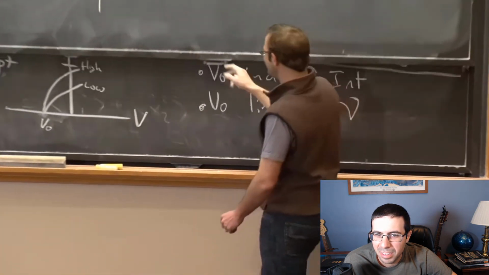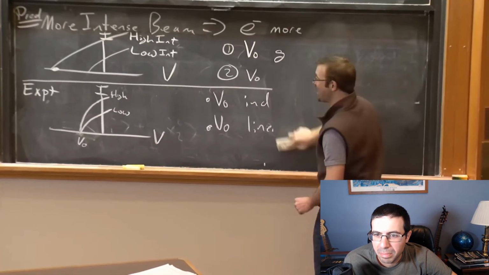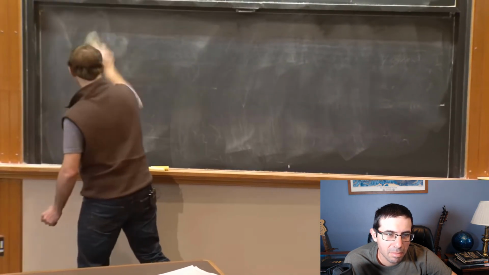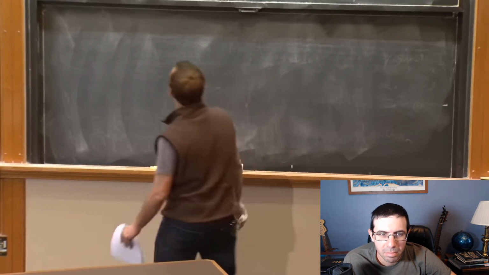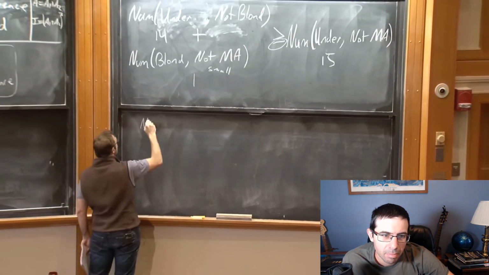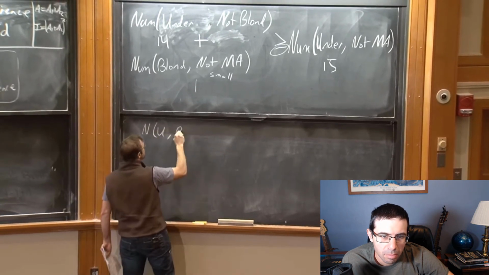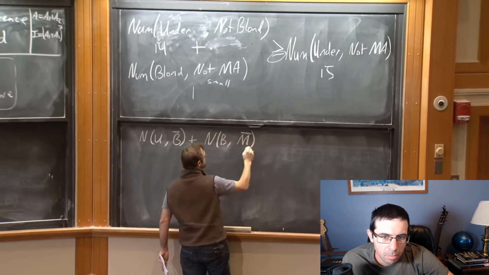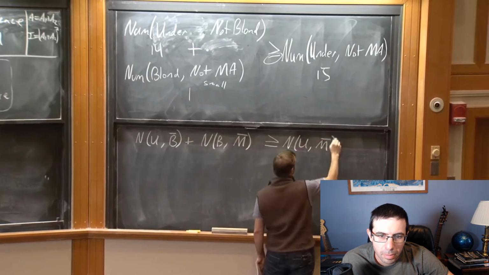So you might say, well, look, you should have been nervous there, and admittedly sometimes there's experimental error, but I want to convince you that I should never ever be nervous about this moment in 804, and the reason is the following. I want to prove this for you, in slightly more generality. I want to prove to you that if I have a set, the number of people who are undergraduates and not blonde, which I'll write as B bar, plus the number who are blonde but not from Massachusetts, is greater than or equal to the number that are undergraduates and not from Massachusetts.